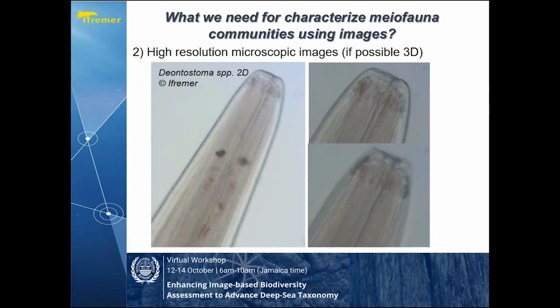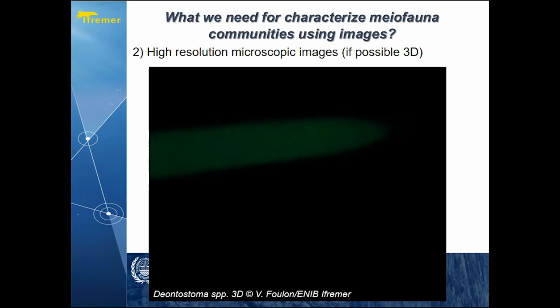The second important thing is that meiofauna organisms are 3D entities. So if you choose 2D imaging, you will need several pictures, as I showed before. Here is an example of a nematode, Odontostoma species, that you can see in 2D. This nematode has a very complex cephalic capsule that is not easy to describe in 2D. And the same nematode